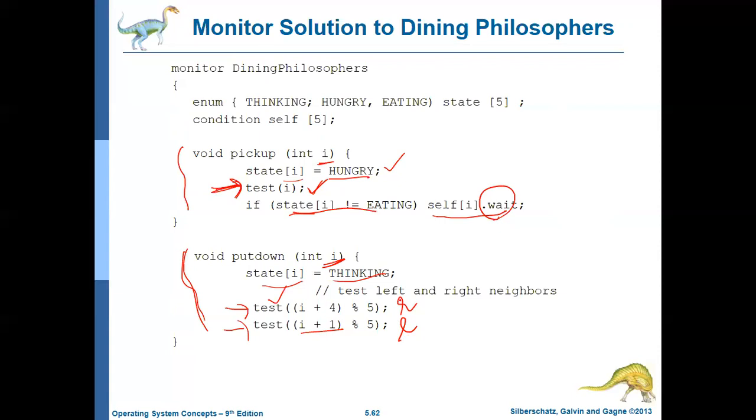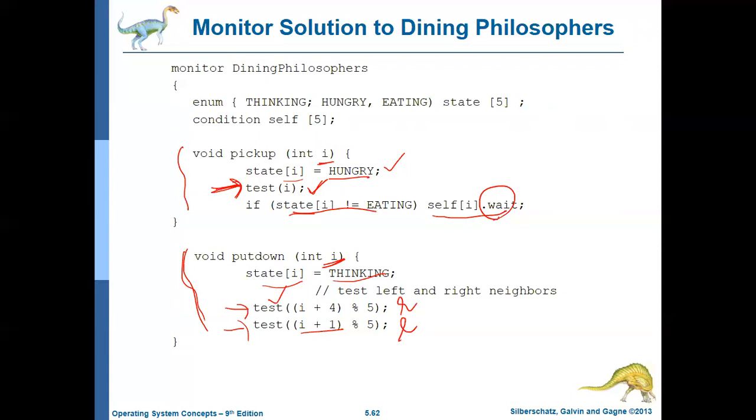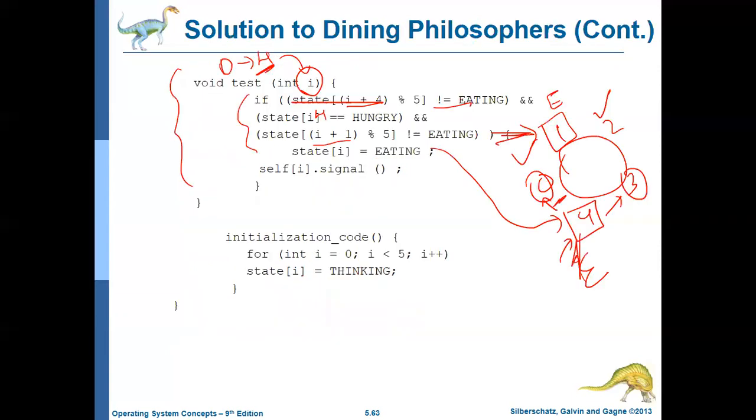Now, the persons on the left and right are individuals like 4 as well as 1, right? But he also has a left and right, right? So that is why we have to check that condition again. Only if his left and right chopsticks are free can he start eating. Both are signaled, you can say. That is why the signal thing is there. Okay. So these are the two function calls.